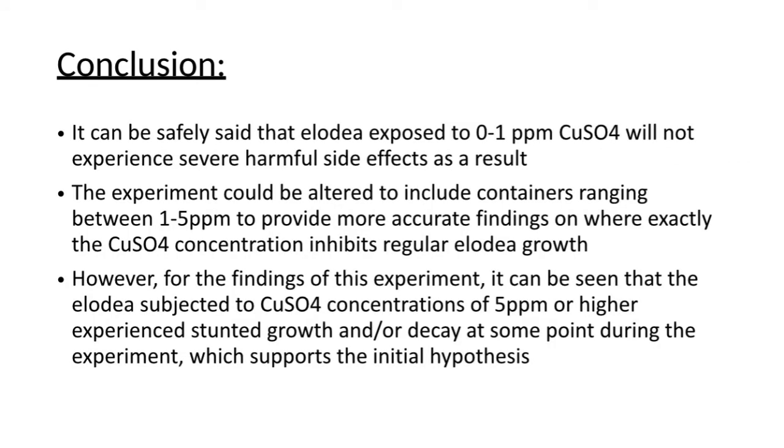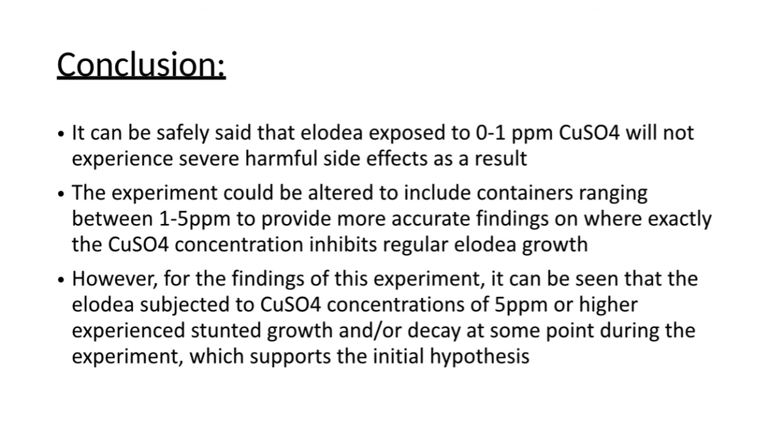Conclusion. It can be safely said that the allodia exposed to 0 to 1 ppm copper sulfate will not experience severe harmful side effects as a result. A suggestion to change the experiment for the future could be that the experiment could be altered to include containers ranging between 1 to 5 ppm to provide more accurate findings on where exactly the copper sulfate concentration inhibits regular allodia growth. However, for the findings of the experiment, it can be seen that the allodia subjected to copper sulfate concentrations of 5 ppm or higher experienced stunted growth and/or decay at some point during the experiment, which supports the